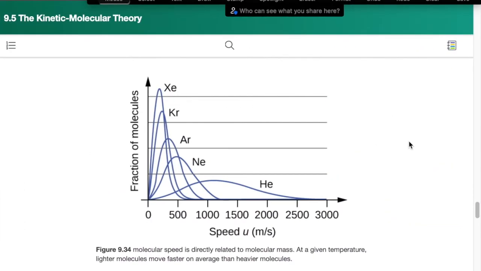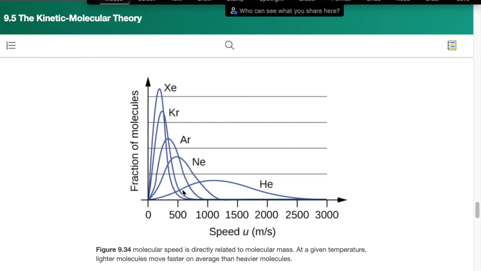Okay, and here we have another interesting graph. It compares molecules of gas that are at the same temperature, although it doesn't say what temperature it is, it just says a given temperature. But these molecules are all the same temperature. We have from the lightest to some heavier molecules, and the lighter gas at that same temperature has to have a faster collection of speeds